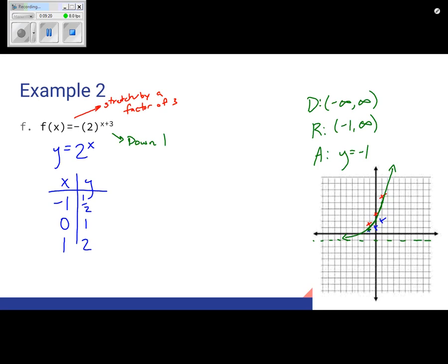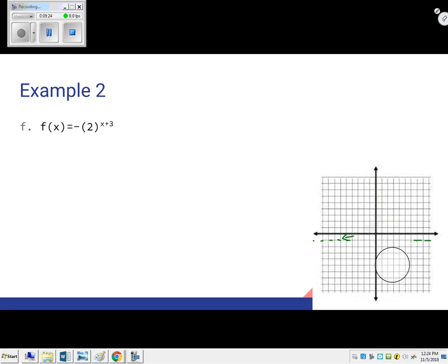All right, one last transformation we haven't talked about yet is a pesky negative sign. So, still stripping it down to its skimpies here, y equals 2 to the x. So I have the same table as last time. You would think eventually I would quit erasing my table. Good grief. Okay, so